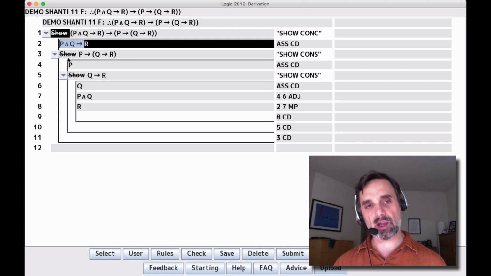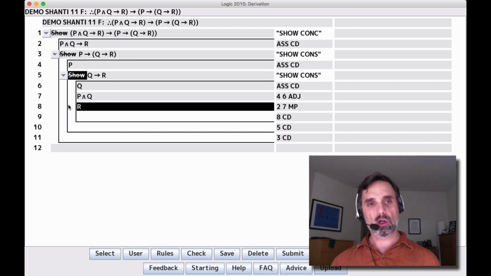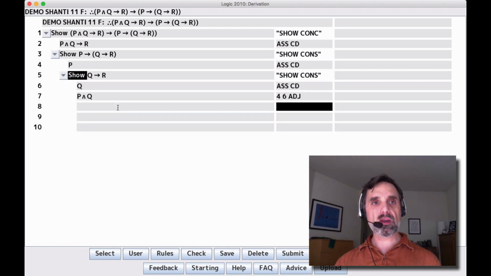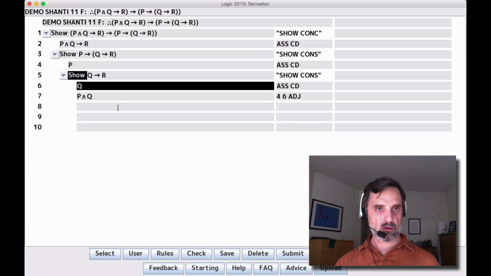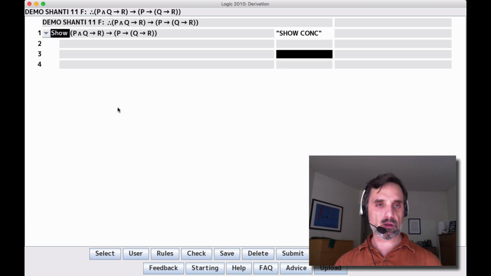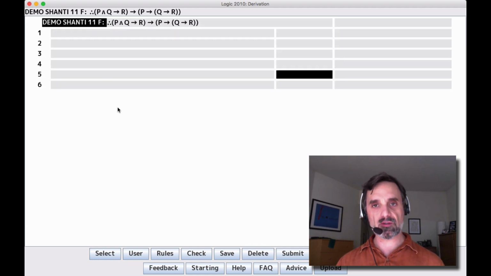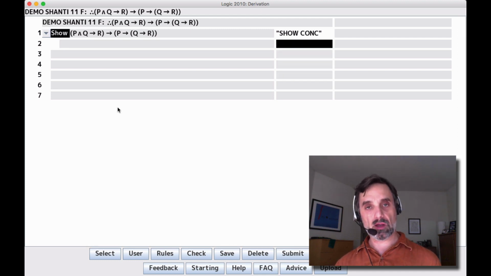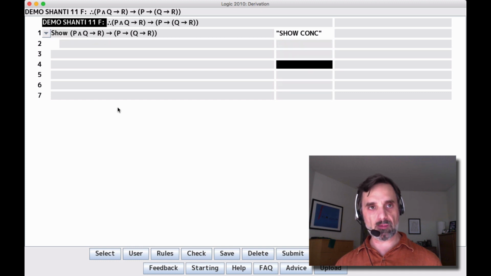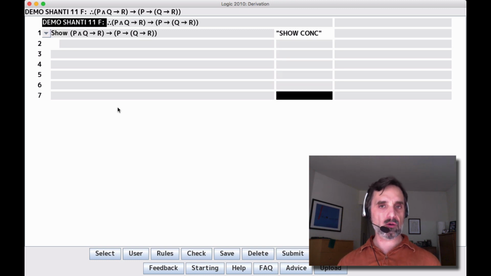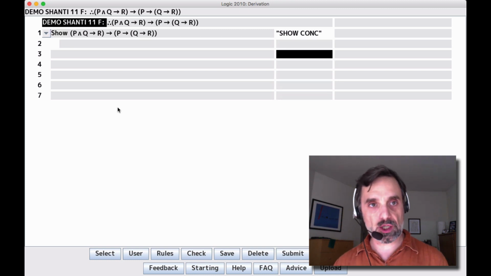And also notice the indentation. Make sure that your lines are indented beneath the show lines. They will be as long as you always are producing new lines from here. But let's say you had a bunch of lines like this, and then you come back and say show conclusion. Note that here line 1 is highlighted, now the whole argument is highlighted up at the top. So if you add a bunch of lines like this, you've got to be careful that the indentation is right. And so it's always helpful to